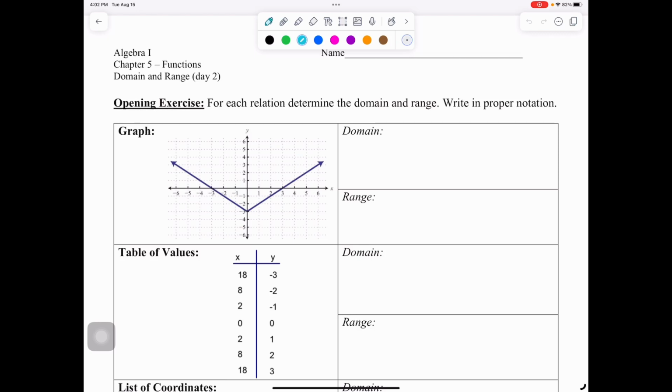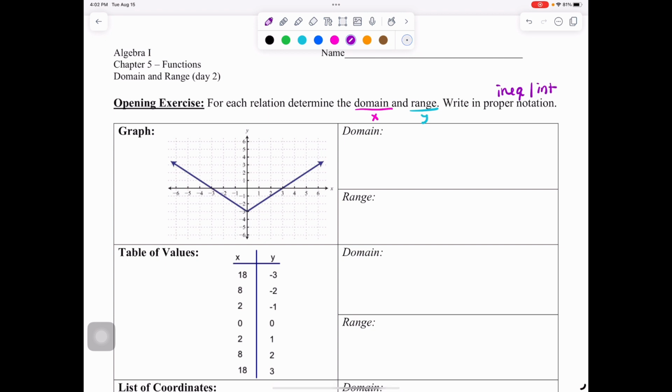Today's lesson is called Domain and Range Day 2. You're going to start with an opening exercise that says for each relation, determine the domain and range, write in proper notation. So a quick reminder, domain is your set of all x's. Remember, range is your set of y's. When we say proper notation, we are referring to both the inequality